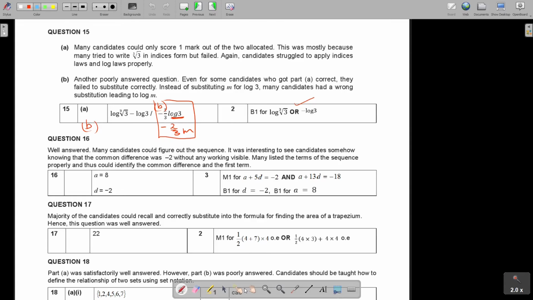So they gave you a mark if you came to the 2 equations. And then they gave you B1 if you got the D. And so basically, let me just write, if you got the D and if you got the A, they gave you another 2 marks.